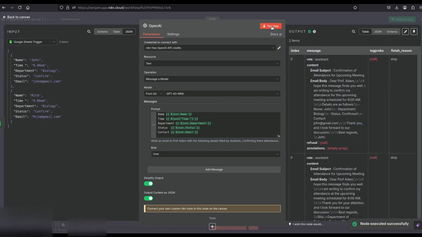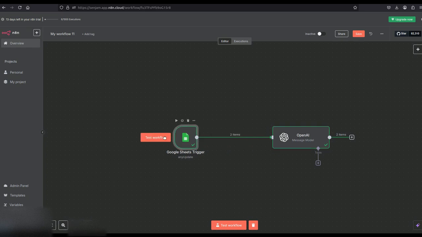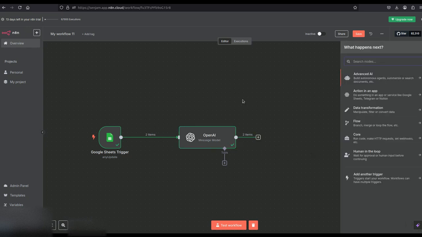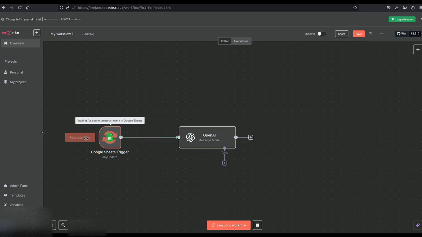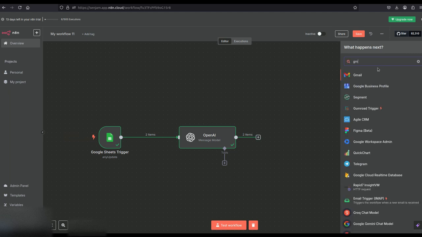And so we got the output. So we have output from GPT, OpenAI, again. Now, since the output is already ready, we can send it to the Gmail account. So let's click here, and let's test before this. This is amazing. So this node is tested. This is the first node, the Google Sheet trigger node, and the output is fed into the OpenAI message model node. And then we will click here and then enter Gmail,